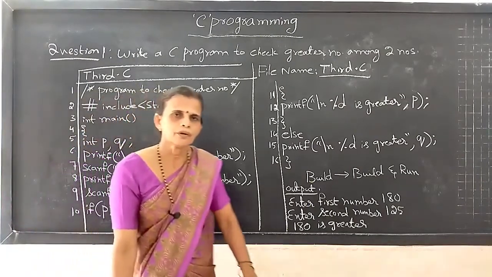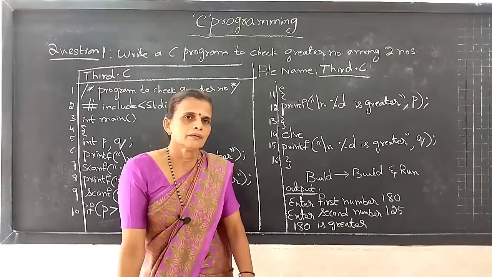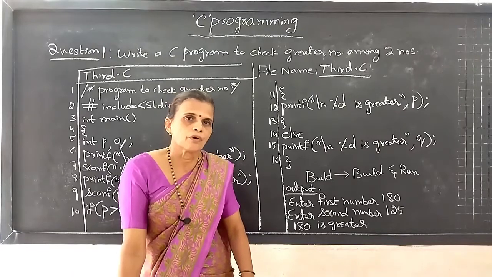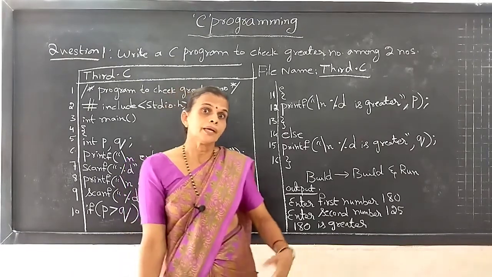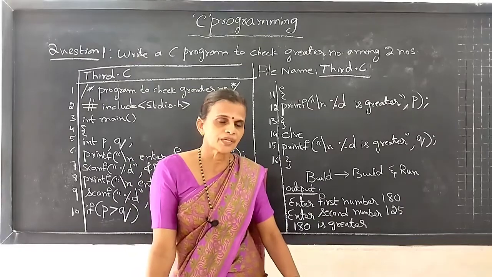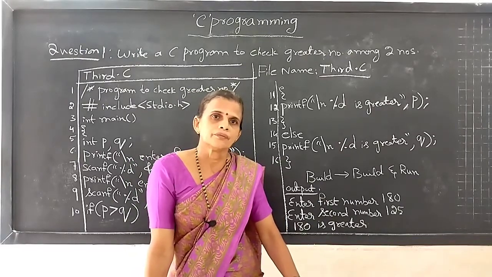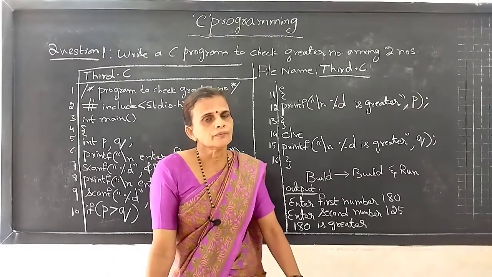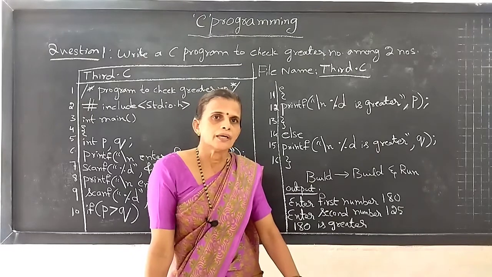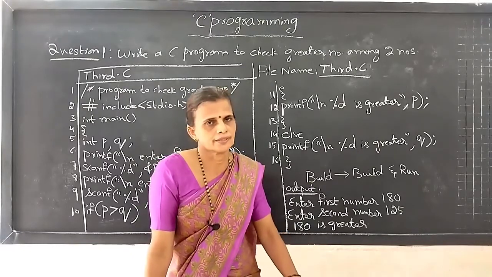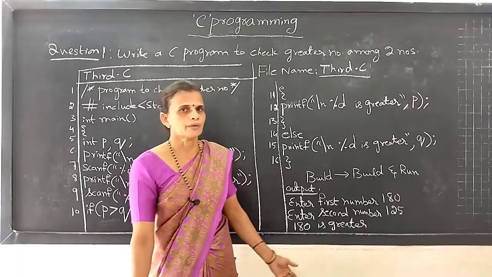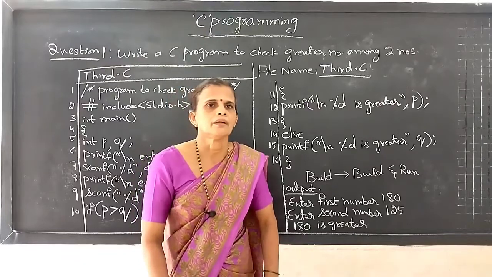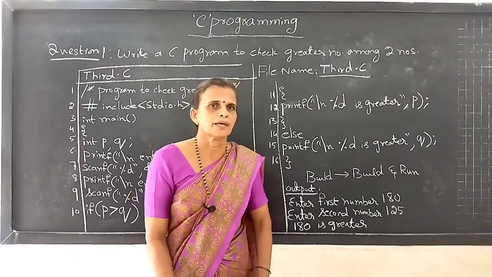Okay, I hope you have understood this. In the last class we did the total of any two numbers and the product of any two numbers. We can also get the subtraction and the division by changing the symbols. While writing the program we can change the symbols and get the required answers. I hope you have understood C programming, the method of writing it and how you will get the answers.